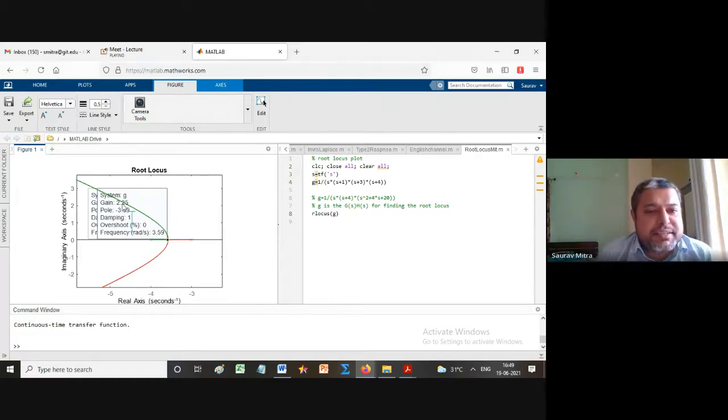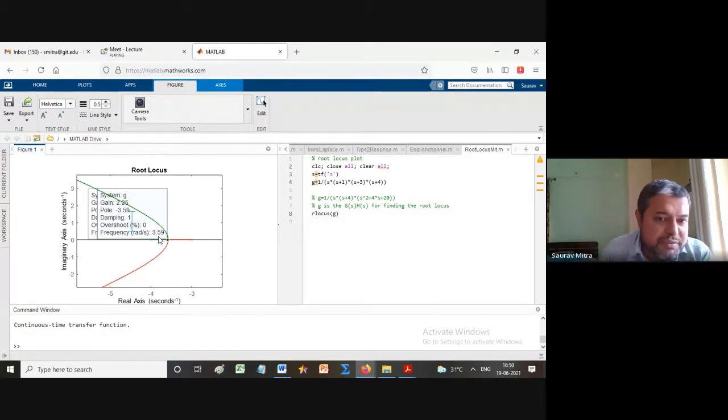So in that GSHS, if you substitute S is equal to 3.58, again you can get that K critical as 2.25. So both the poles, or sorry, all the 4 poles will come to the breakaway point. That means -3, -4 will come to the breakaway point, as well as 0 and -1 will come to the breakaway point at the same system gain, that is 2.25.